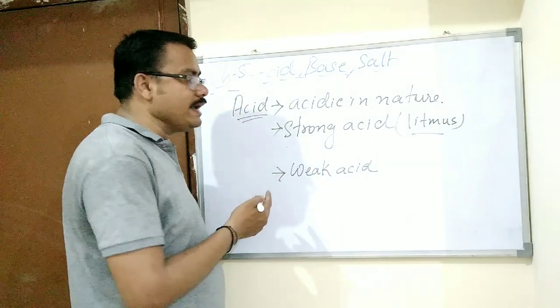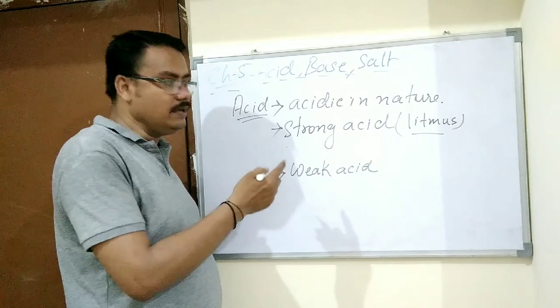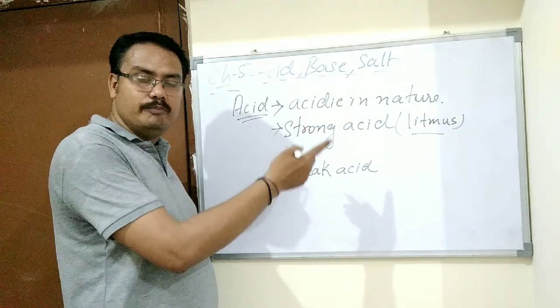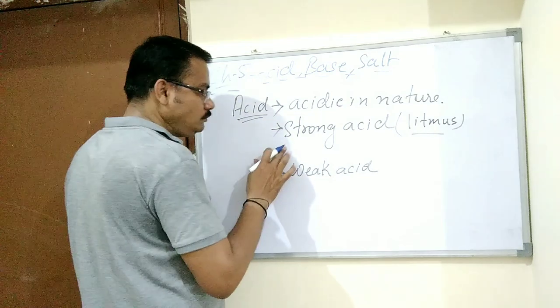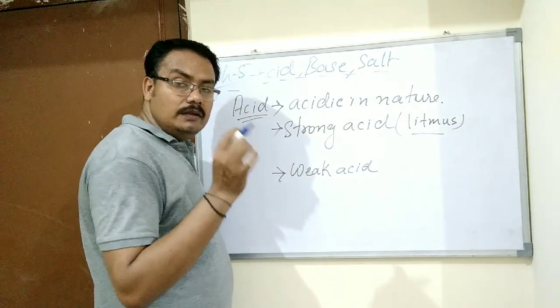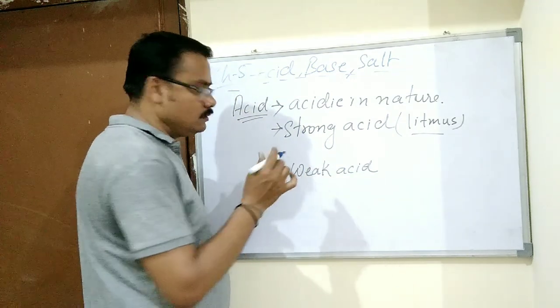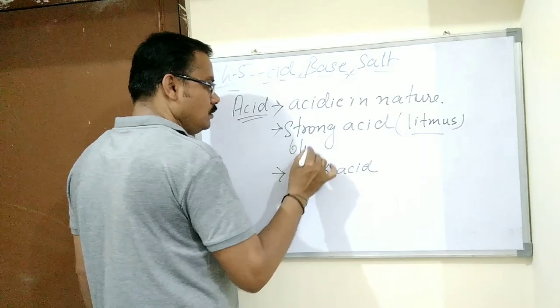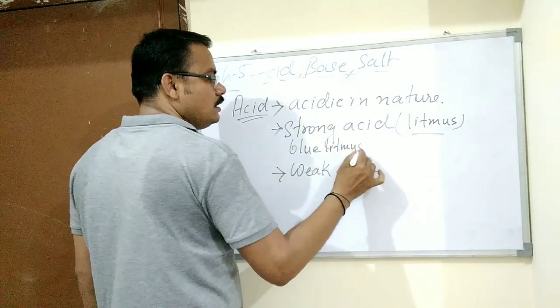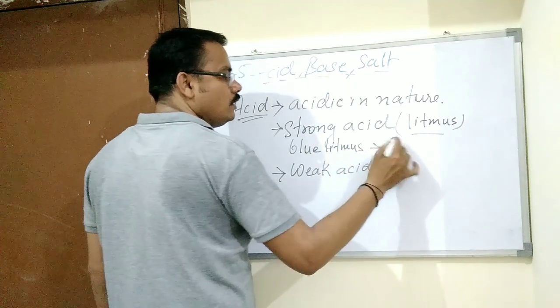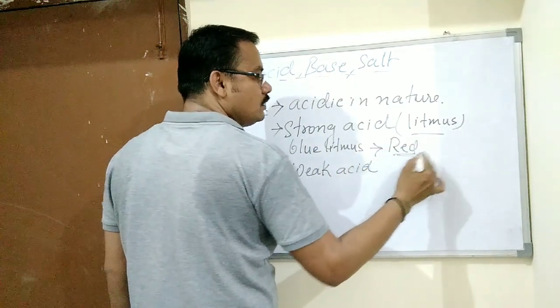So a strong acid is checked with the help of litmus paper. How? Blue litmus paper, when blue litmus converts to red in color,